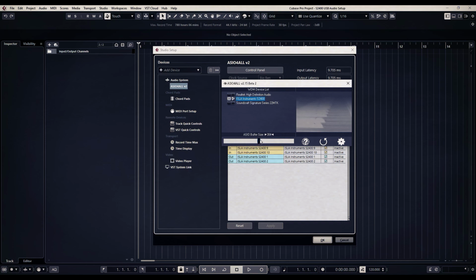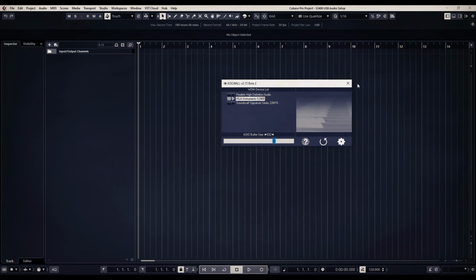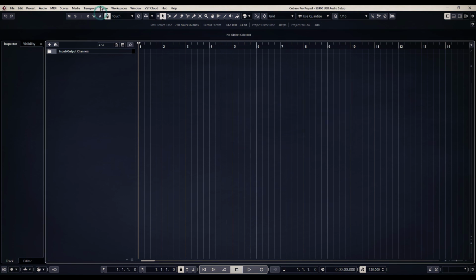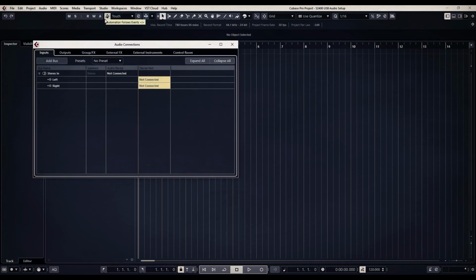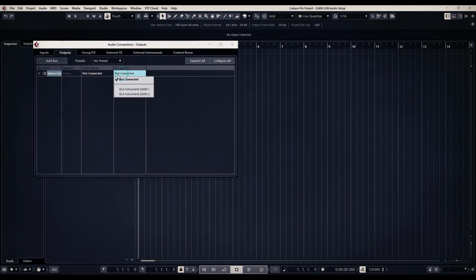A note here, I had to increase the buffer size on my particular system as I was getting some audio glitches with the default buffer setting. So if you experience glitches, then try increasing that. Next, I click OK to confirm the changes and then go to the Studio menu and select Audio Connections. I then make sure ASIO for All is selected as the audio device on both the inputs and outputs of